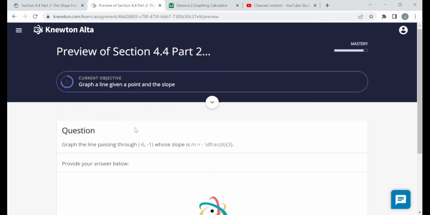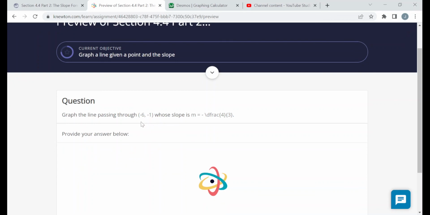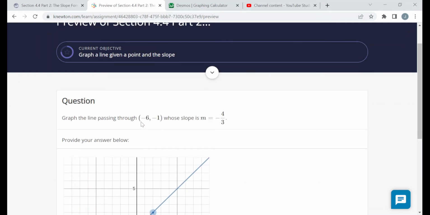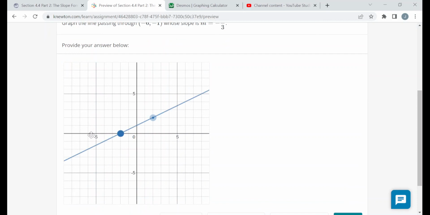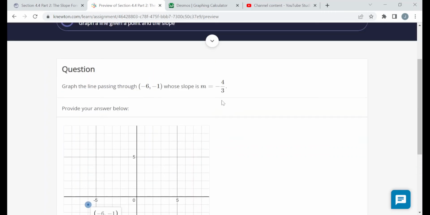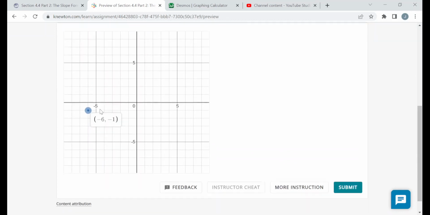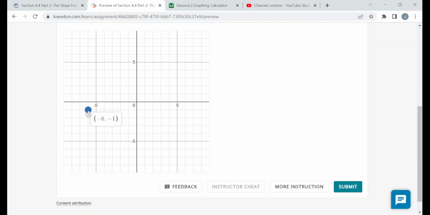All right, so here -6, -1 is a point on the graph. So I'll move one of these points to -6, -1. All right, there's -6, -1. I'll move this other point there as well. All right, and then the slope is -4/3. So numerator -4, denominator +3. So down 4, right 3. So from this point I go down 4 units and then right 3 units. And there we go, and we land at the point